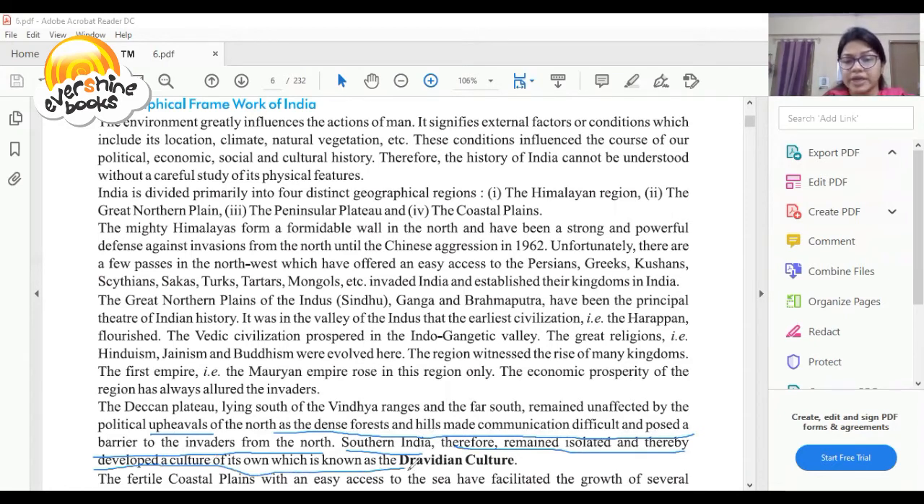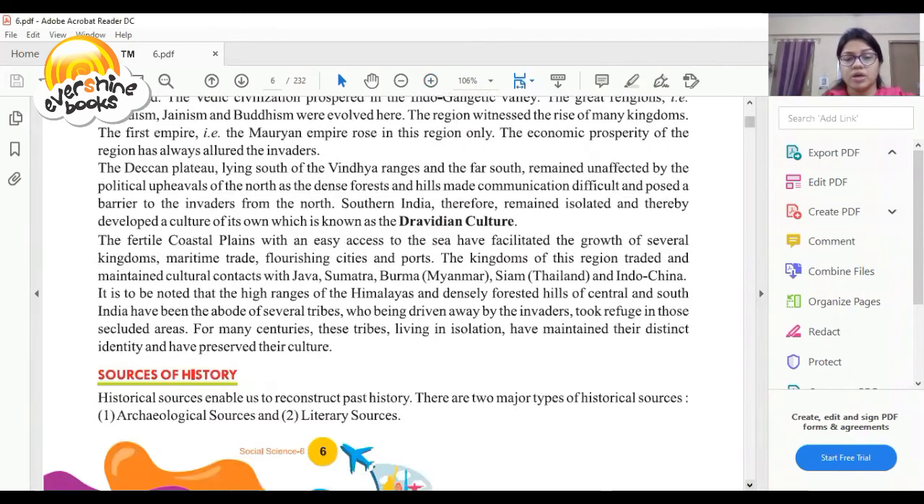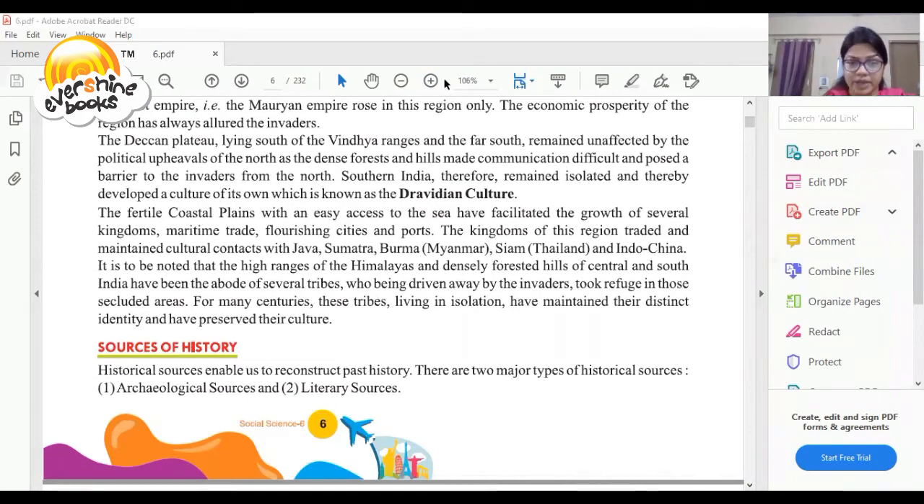So, dear student, this is very important that you should know what the Dravidian culture is. So, as I have already underlined, what is Dravidian culture? The fertile coastal plains with easy access to the sea have facilitated the growth of several kingdoms, maritime trade, flourishing cities and ports. The kingdoms of this region traded and maintained cultural contact with Java, Sumatra, Burma, Siam,